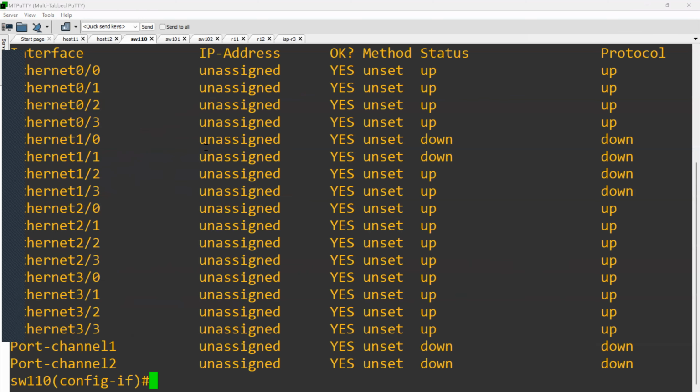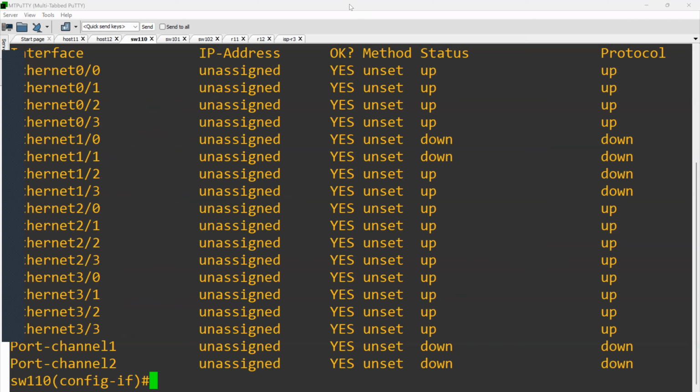Let's see the IPs that we have on this. Port channels are down and all those things, right? So I need to do some defaults and remove the port channels. The port channels are not necessary, although you can configure them as well. But anyway, for simplicity, as per the diagram that we have,